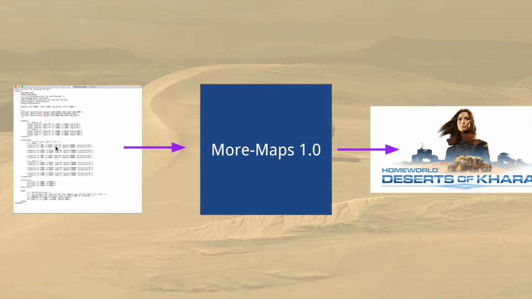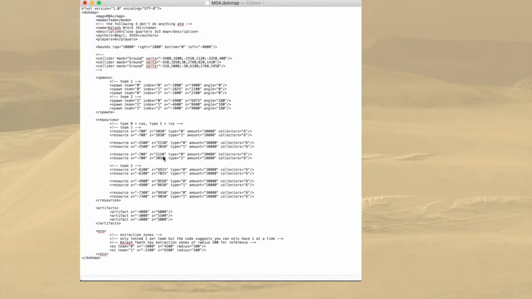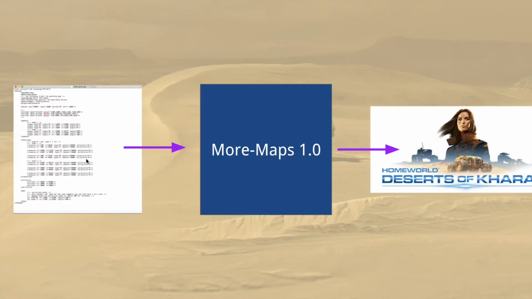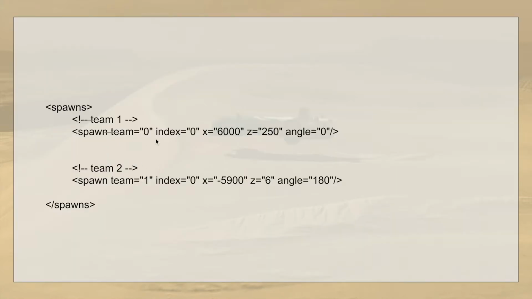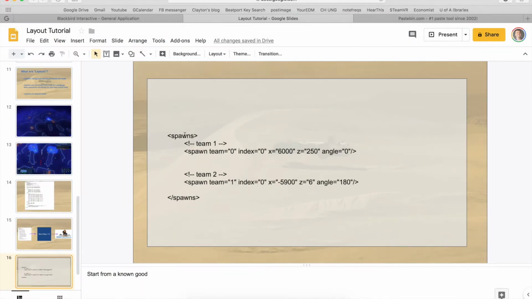That being said, it requires the things that we put in to be in a certain format. I can't just go in here and write things like "put the resources in the middle of the map type." I can't just write that, because More Maps doesn't know how to interpret that. Right? So everything has to follow a certain format or a certain syntax. And that means things like